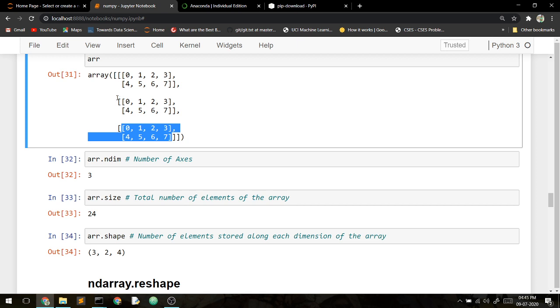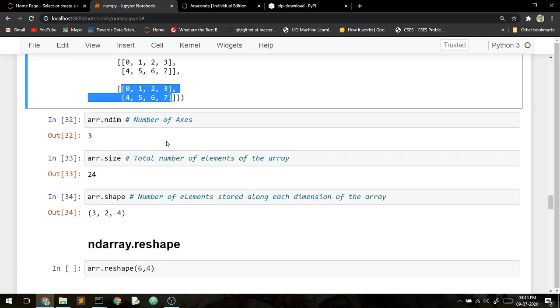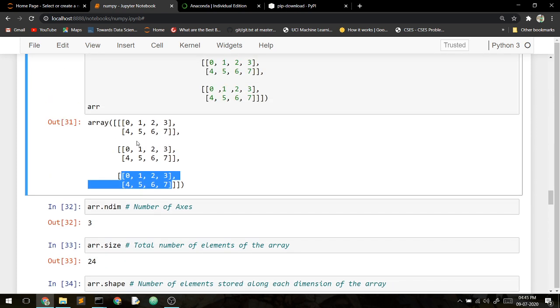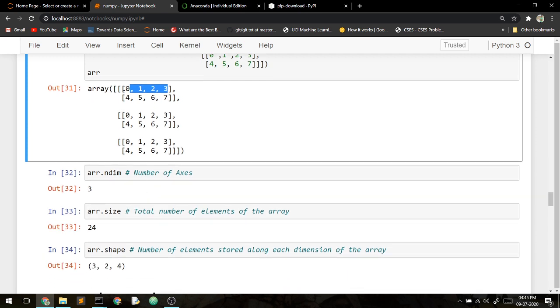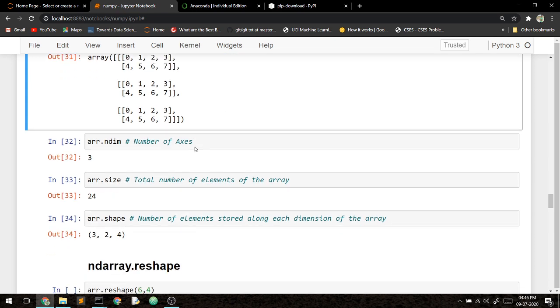This is 2. This is 1 and this is 2, and the total is 4. Okay. 4 means each one is separated by 4. 2 is this one, this and this, and each one is separated by 1, 2, 3, 4. So it is a shape.